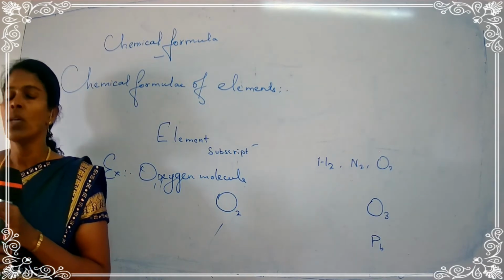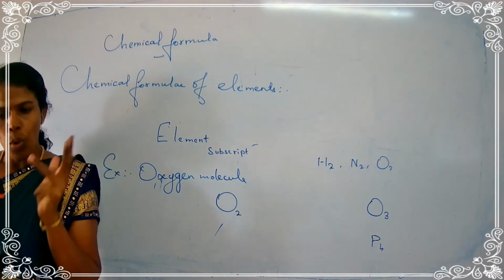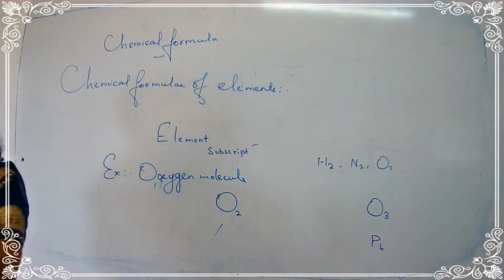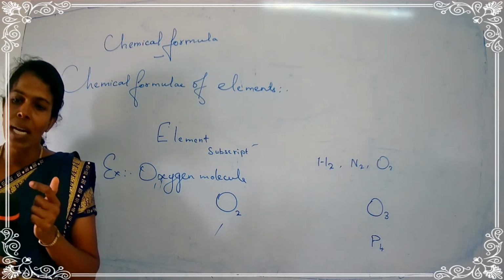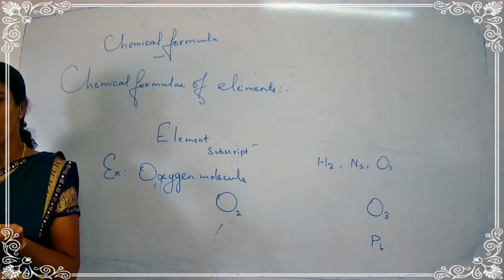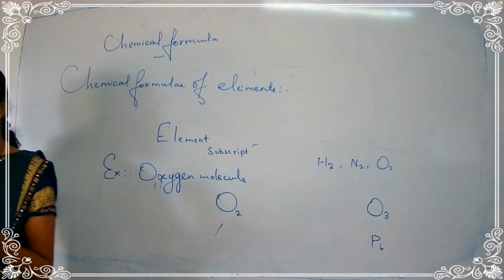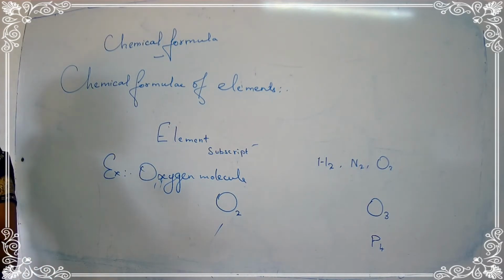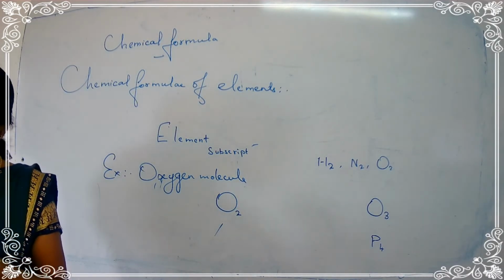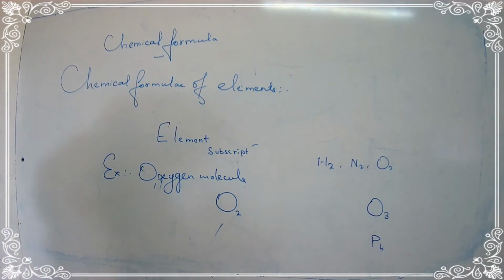An element composed of more than 4 atoms is called a polyatomic element. Listen, children, we are studying what monoatomic is and its examples, what diatomic is and its examples, what triatomic is and its examples, then tetraatomic and polyatomic and their examples.